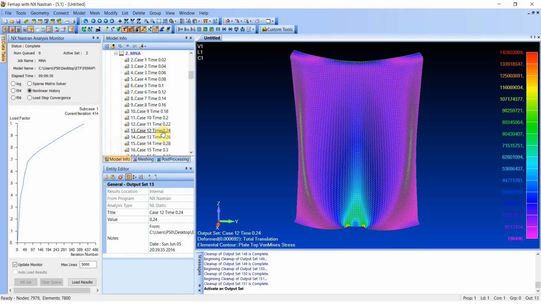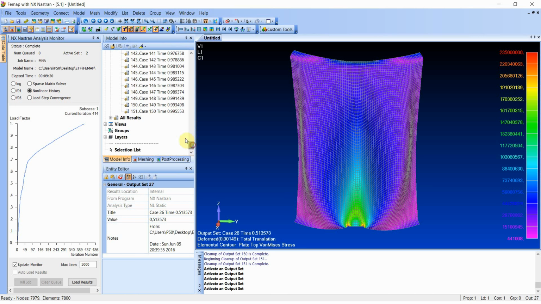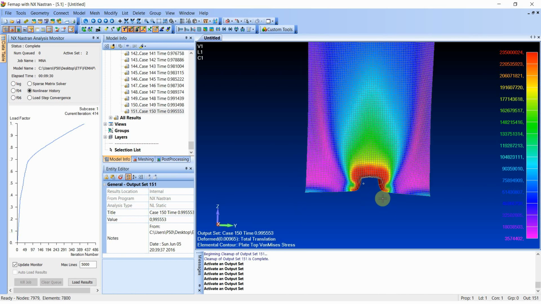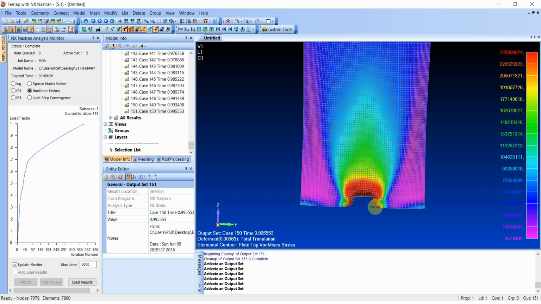You can see now that firstly the process is linear, and then here first plastification, yielding, is occurring, and of course as we move on the zones are getting bigger and bigger. You can see, well, the deformations are actually exaggerated, but you can see that the shell is actually being